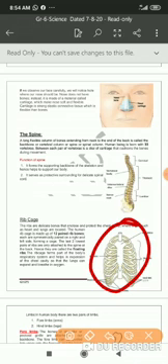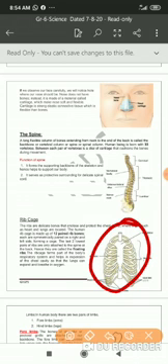I need to tell you this rib cage is made up of thin, flat, curved bones, right? And the formation is basically like a cage. They are forming a cage-like structure which is responsible for protection of certain soft organs that are placed in the upper part of our body. So there is heart, there are lungs, there is stomach, kidney, etc. So this cage is basically protecting certain soft organs, right?